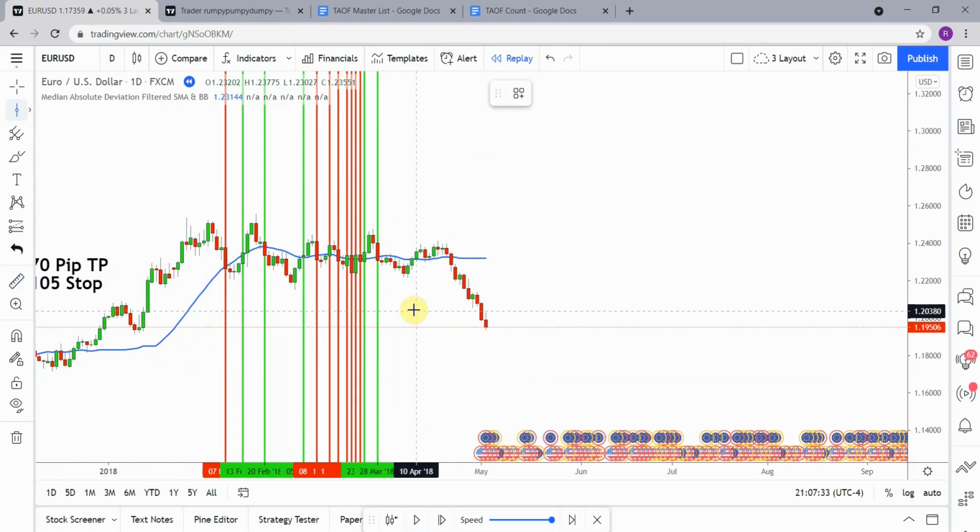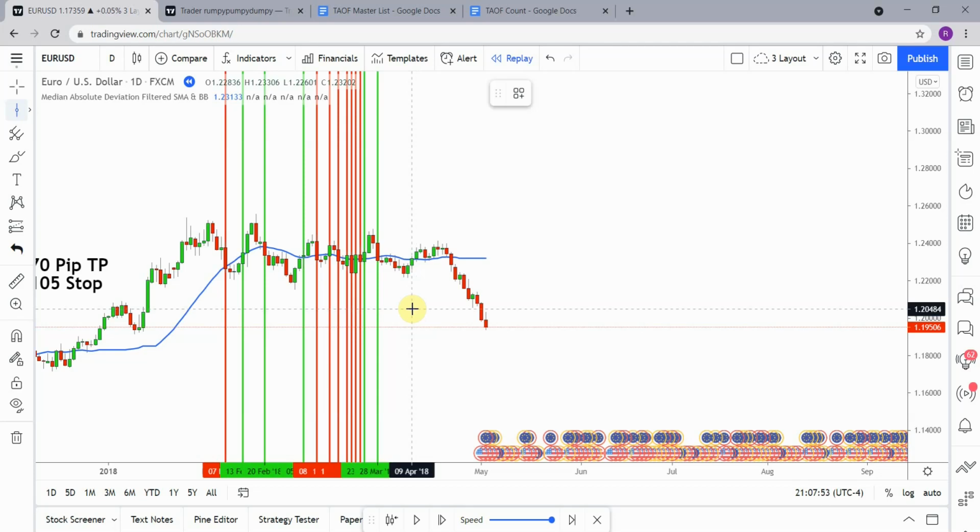Then we pick up another long. Let's see. This one is super close. Let's see where we end up on this. So 1.2313 is the moving average. The close of this candle here was at